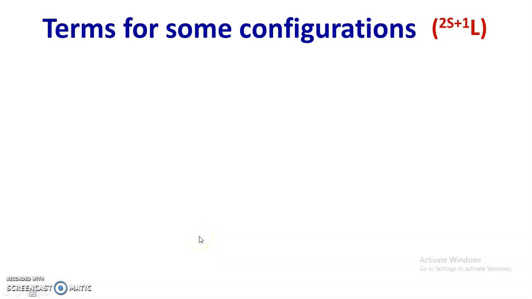Welcome to online lecture series in organic chemistry, and we are discussing the chapter electronic spectra of complexes. In earlier video we have discussed the resultant orbital angular quantum number and spin multiplicity. In this video we are going to discuss the terms for some simple configurations and then spin orbit coupling, and then at the end of video we are going to discuss the ground state term symbol for few species.